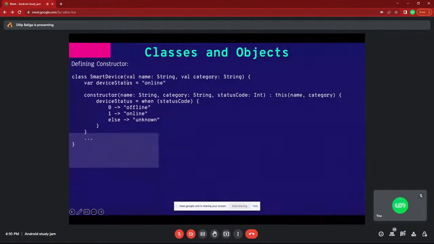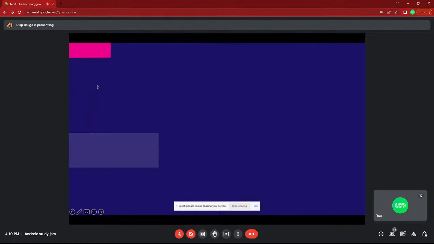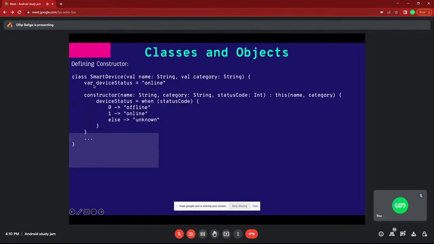But here I specified two arguments: val name of type string, and val category of type string. So there are two named arguments, name and category. And this is a local variable, where device status equal to online.